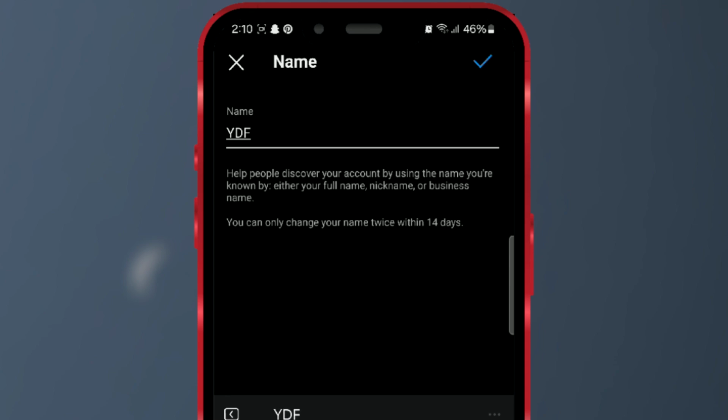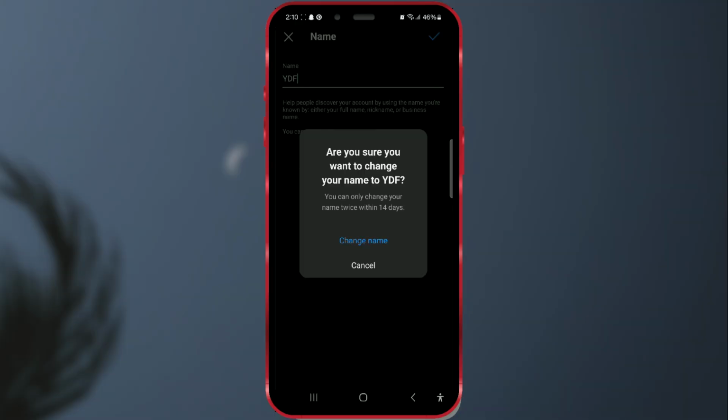All that's left is to save the changes by clicking on the check mark in the top right corner. A window will open warning you again that you can only change your profile name twice in 2 weeks. Press Change Name, and your profile name will be